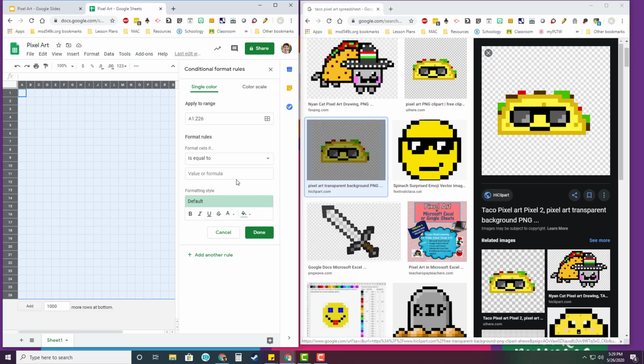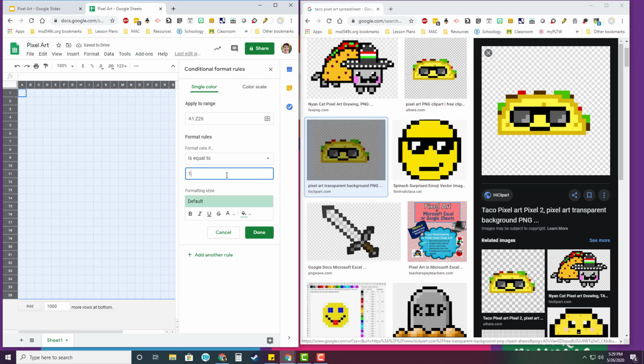So basically I'm telling it that anytime I put a number that is equal to this number or letter in here, whatever this value is I'm going to give, it's going to change it to whatever color I choose down here. Okay, so I'm just going to use numbers. You can use letters, it's up to you. So I'm just going to start off with number 1,